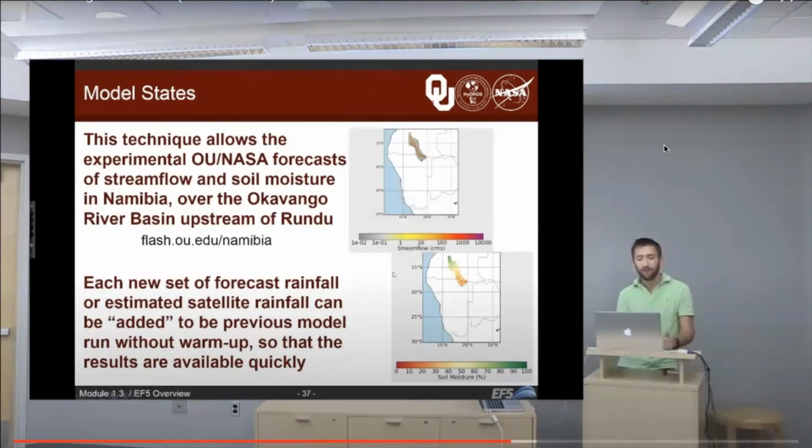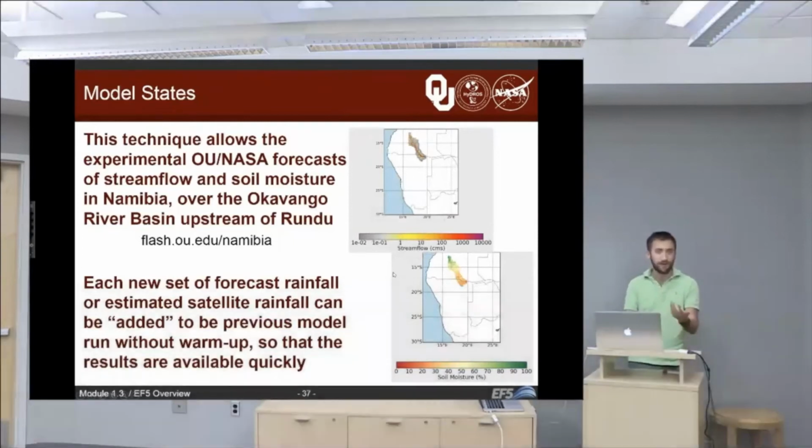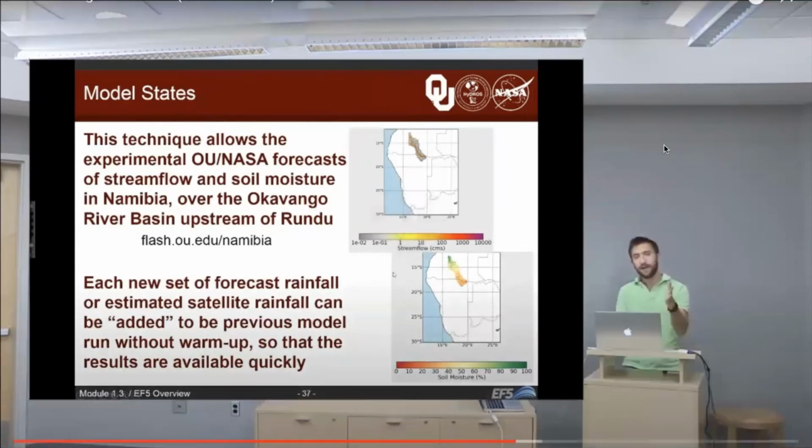And each new set of forecast rainfall coming from either a weather model or estimated satellite rainfall coming from satellite can be added to the previous model run without warm-up because we save those model states. So the results are available very quickly, as soon as the rainfall is available, if you run